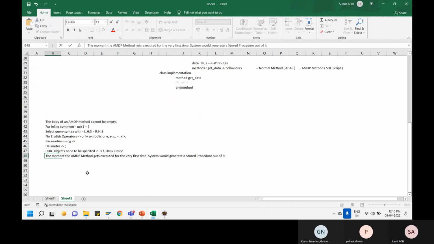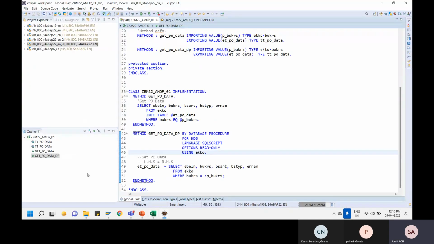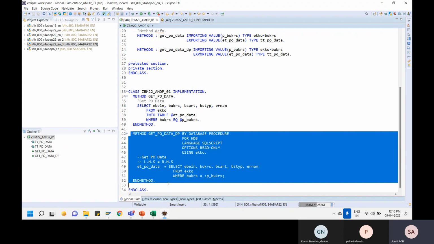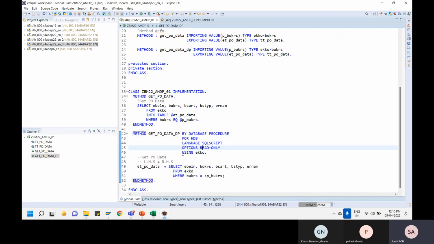out of it. So if you see, the moment AMDP method gets executed for the very first time, the system would generate a stored procedure out of that. And that is why it would be visible over here, but actually it would get executed on a database layer. And that is why system won't be able to identify EKKO which is lying at your SE11 level. Instead, you have to give a pointer using a using clause over here. Now, if I just say activate,